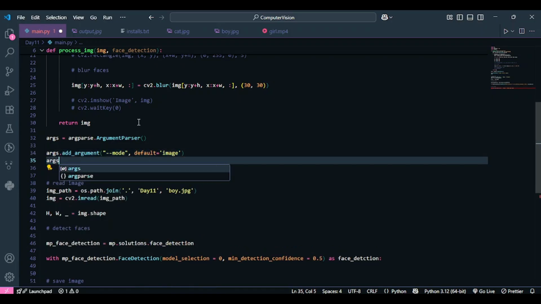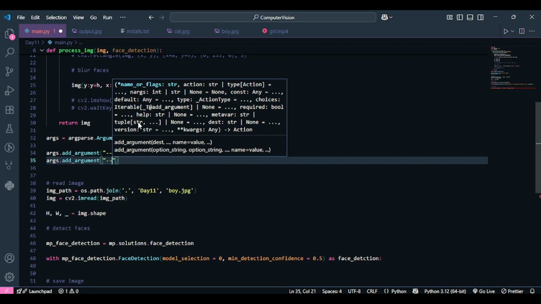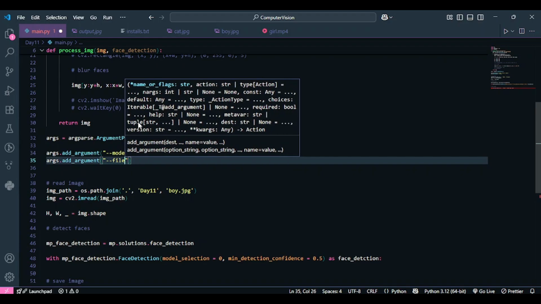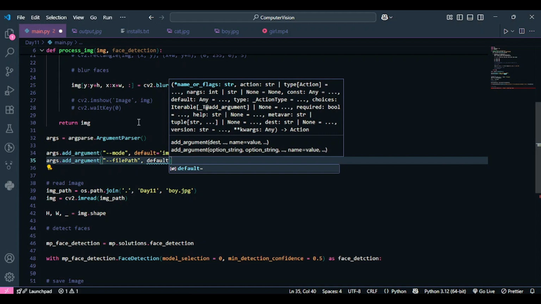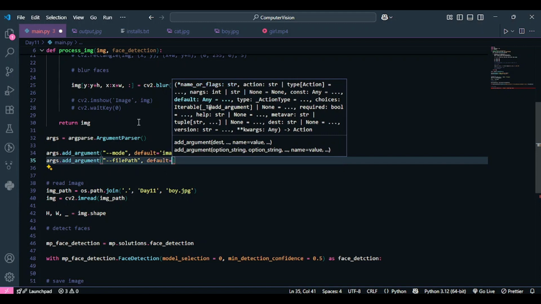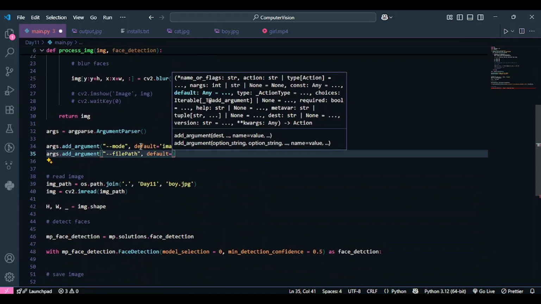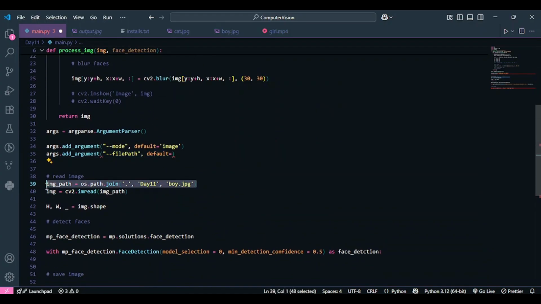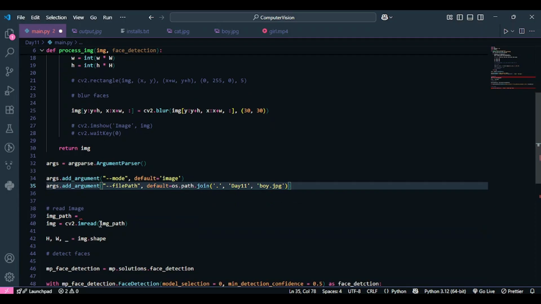I'm going to add another argument over here as well, and that argument will be called the file path. Okay, so I'm going to call it filePath. P will be capital, and then by default I will write the path of my image. Okay, so to do that, this was my image path, right? So I am going to copy this line and paste it over here, because this is the path of my image.